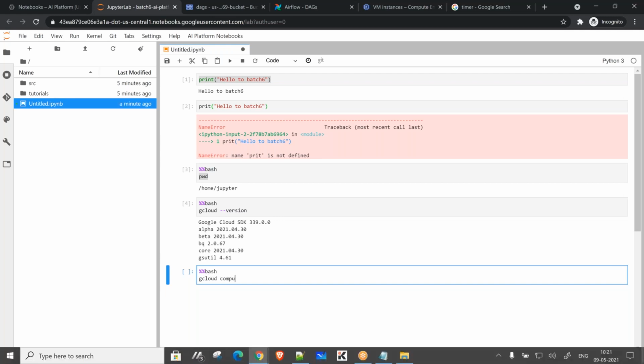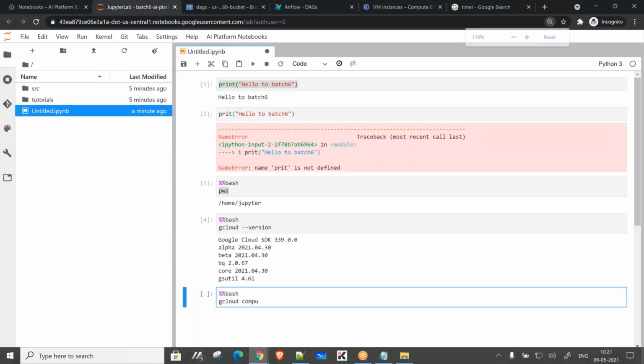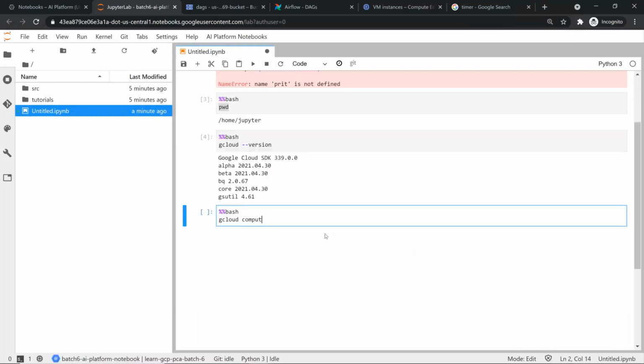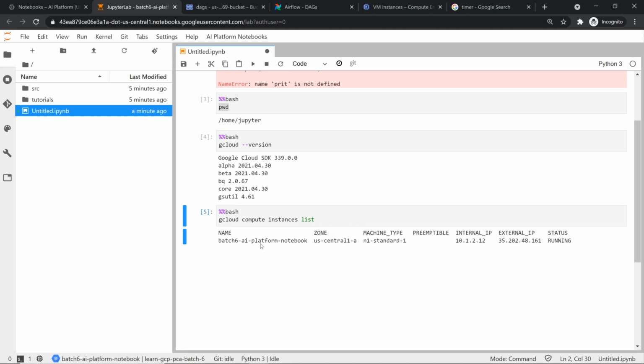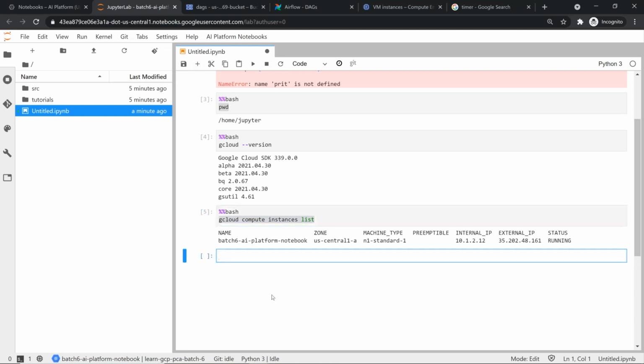compute. Let me just make it a little bigger. Compute instances list. It's going to work. This is the same notebook which is listing it here. Now you want to see basically your